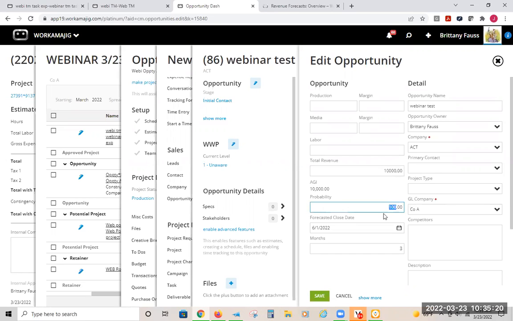So this is a huge part of how much will actually pull into that forecast, but these are the fields that it uses. Now, if we wanted to somehow break this down and say, well, our production is going to be, let's say, 5,000, and we mark it up 20%. Our media is going to be 2,000. We mark that up 20%. My labor is going to be 3,000. You can have that 10,000 broken down into different sections if you want to. However you do that is completely fine. But what the whole thing is looking for is those revenue and AGI numbers, probability, your forecast,